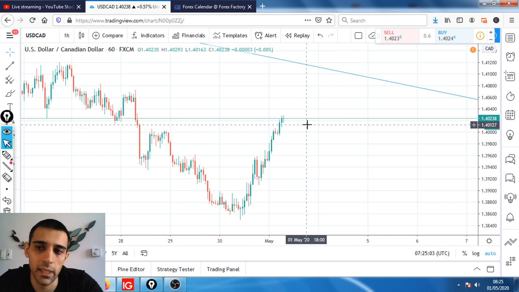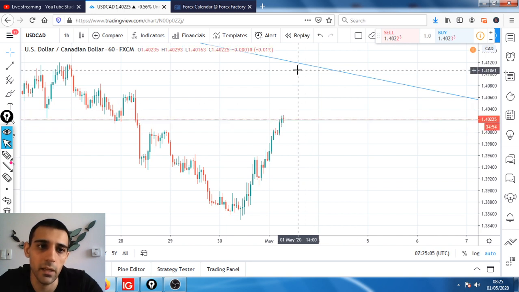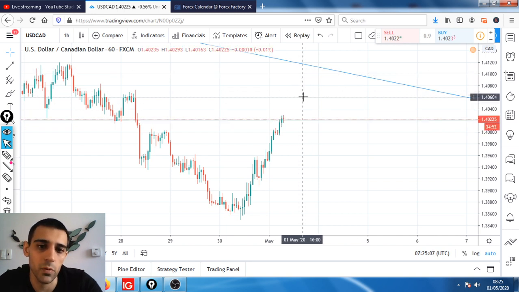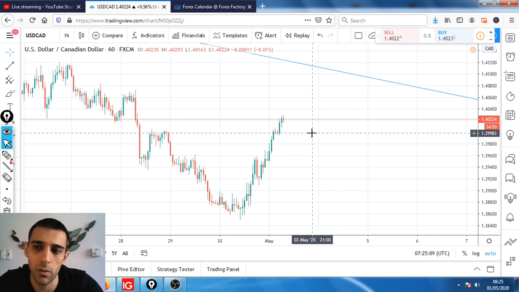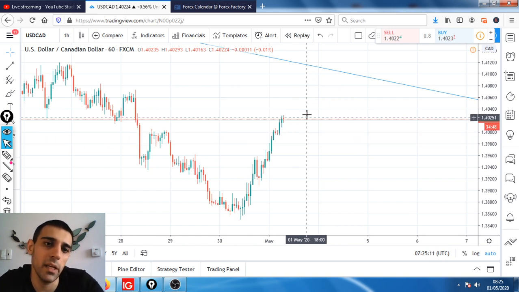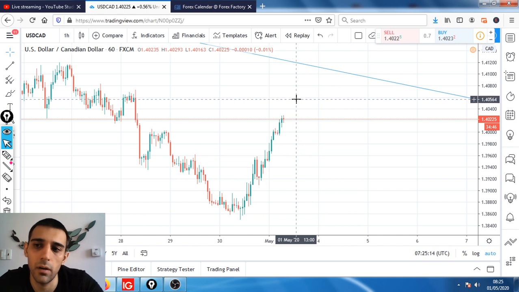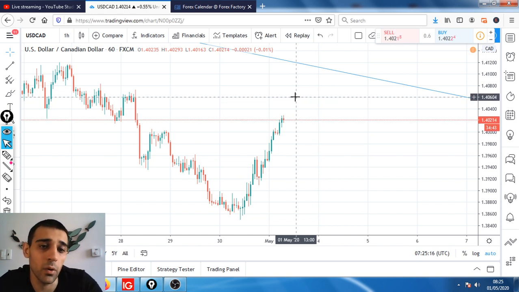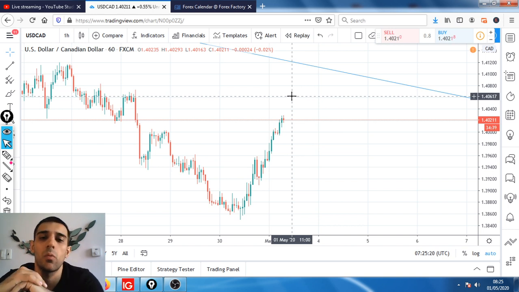So if you enter again at 140.20, then the target is going to be at 140.100. And if we enter down to this 4,000, we can take the profits at 140.60, or you can take the remaining profits off and leave half the position running to the 140.100. That's entirely up to you.